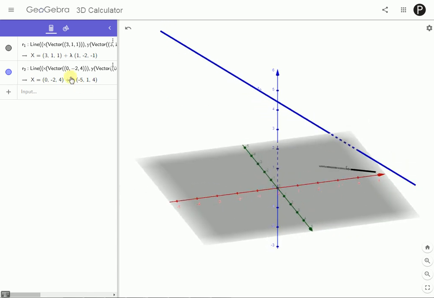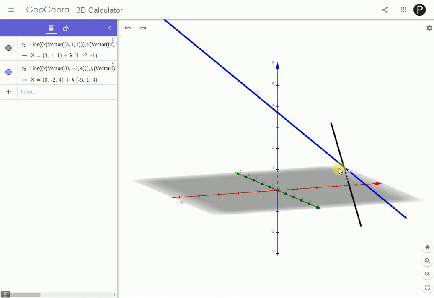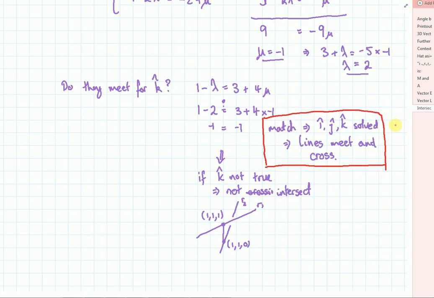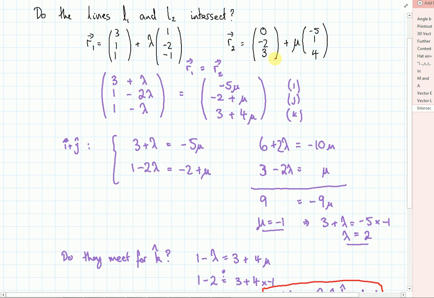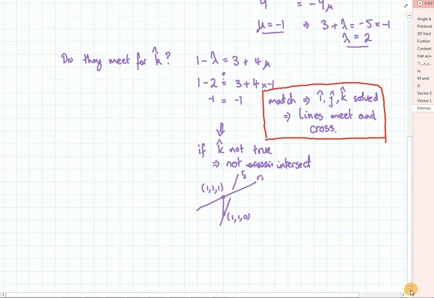But there is a question still not answered, and that's, if we go back to where they do intersect, where do they intersect? So let's go and do that bit. The way to find out where they intersect is we take our values of mu or lambda, it doesn't matter which one, and we put it into the relevant equation. So to find the intersection,